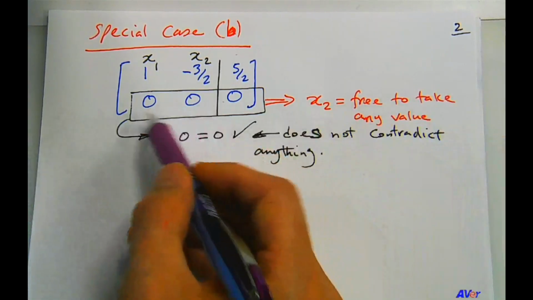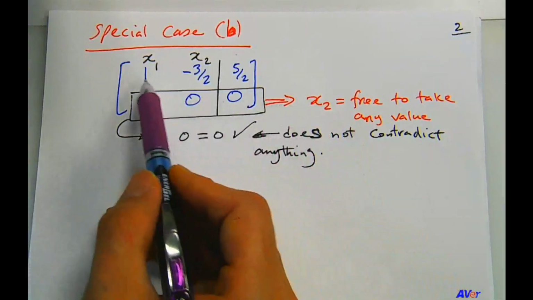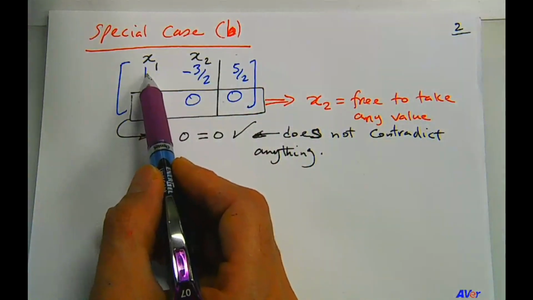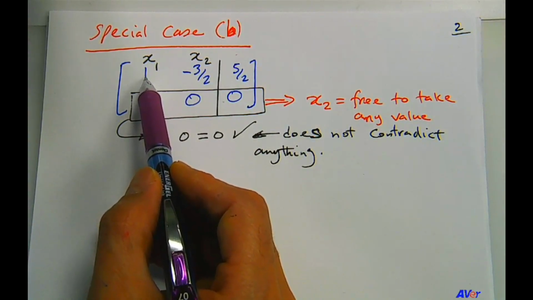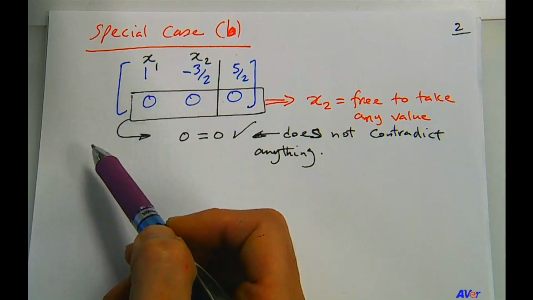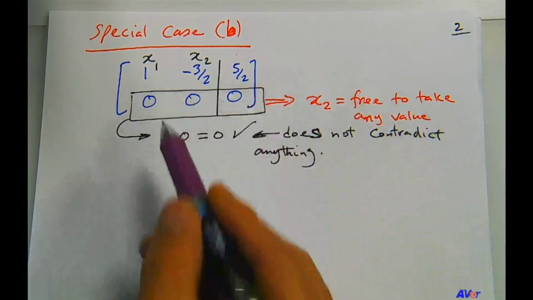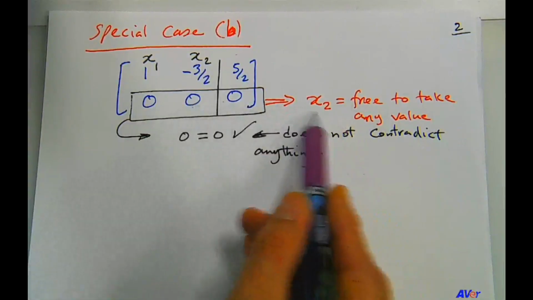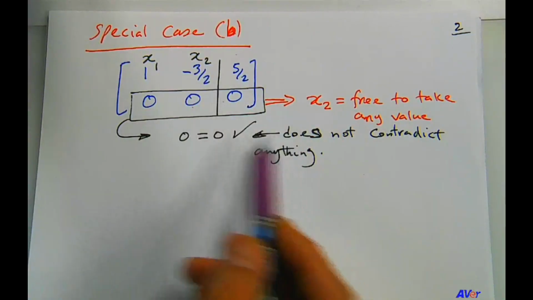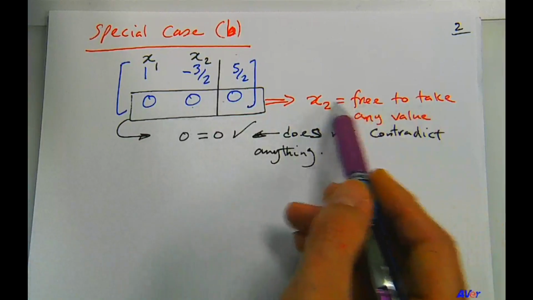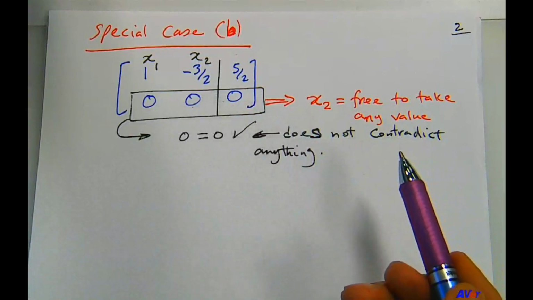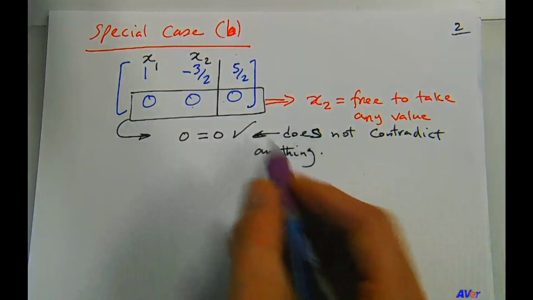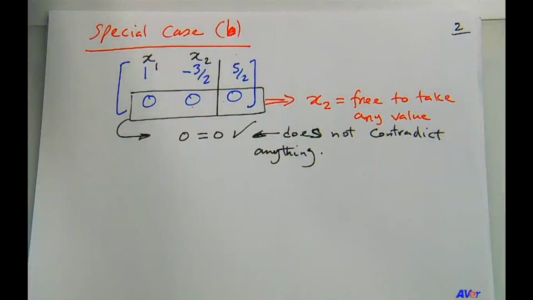It's the second row, and the first row gives us the value of x1, especially because we have this diagonal 1 already figured out from the reduced row echelon form, right? So that's the interpretation of the bottom row: once again, because x2 is free to take any value, we have infinitely many solutions. So then from the first row,